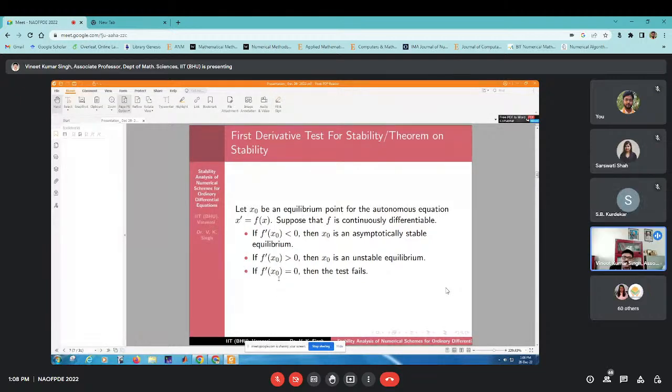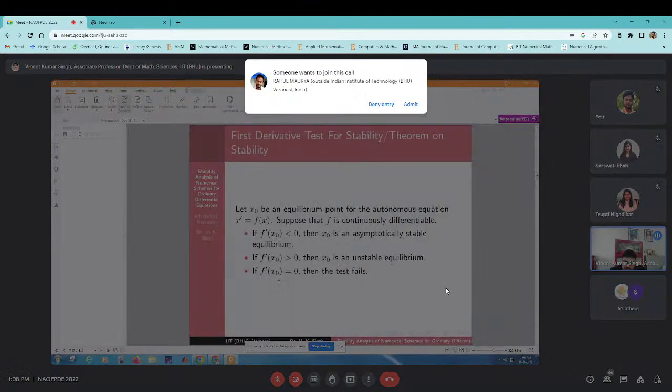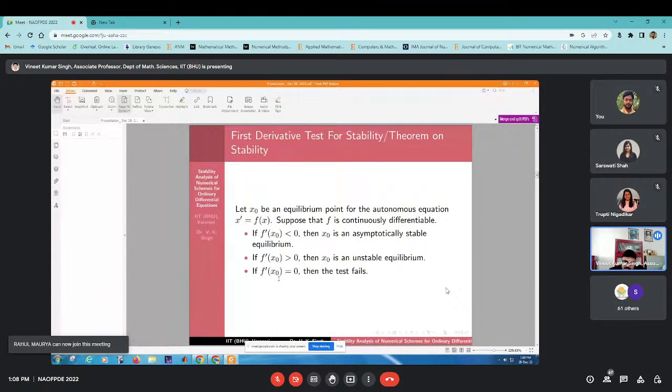Okay, so why am I discussing this theorem here? Because whenever you wish to work on a concerned area or topic, you should know the basics. I have seen many research scholars in our department as well as in other departments. They have published many works in the concerned area, but whenever you ask what exactly stability is, they could not reply. So you should know the basics first, and then we can do good work